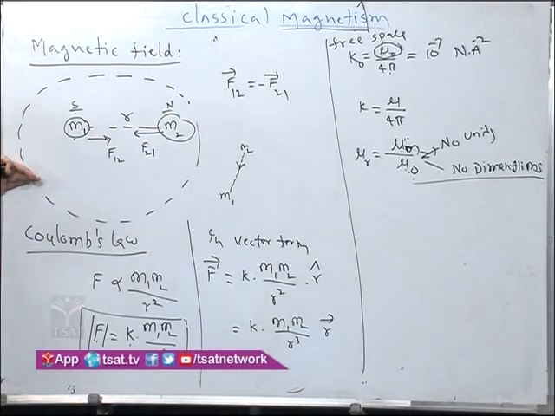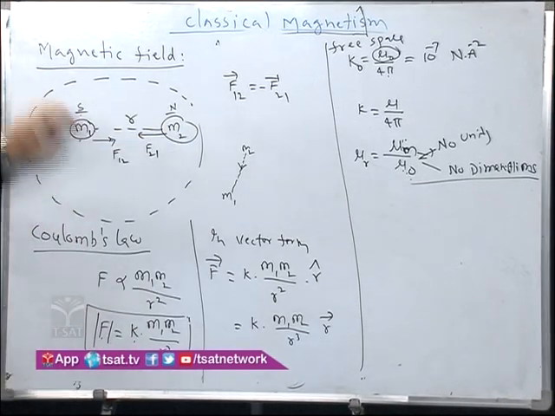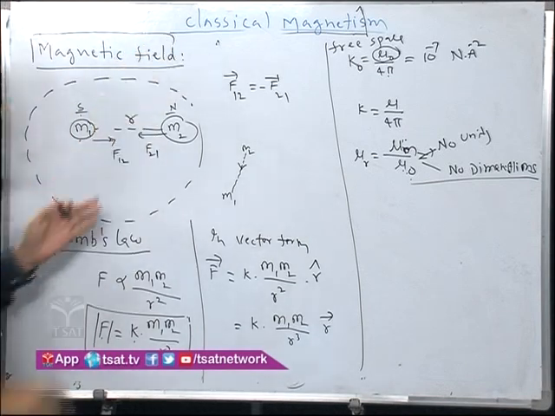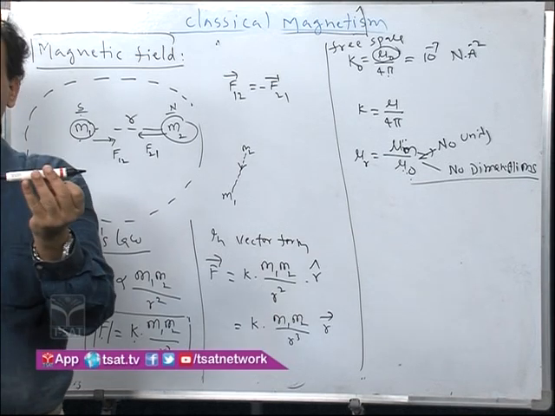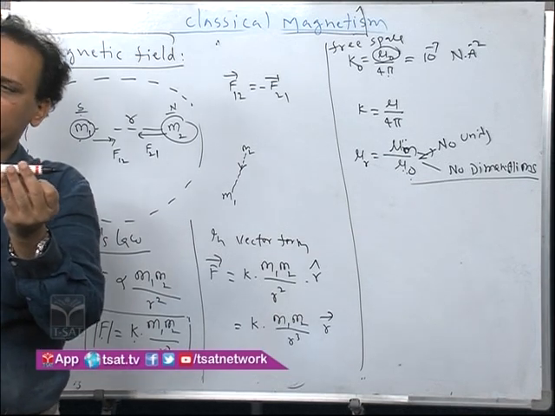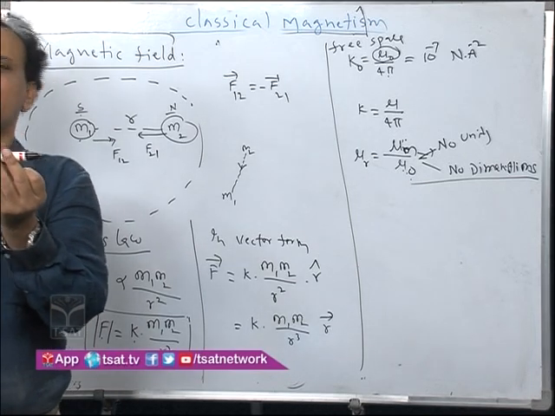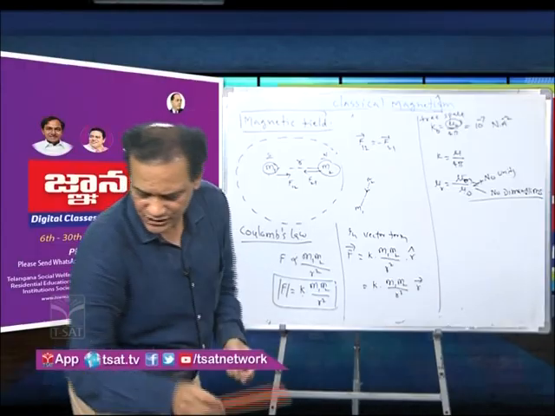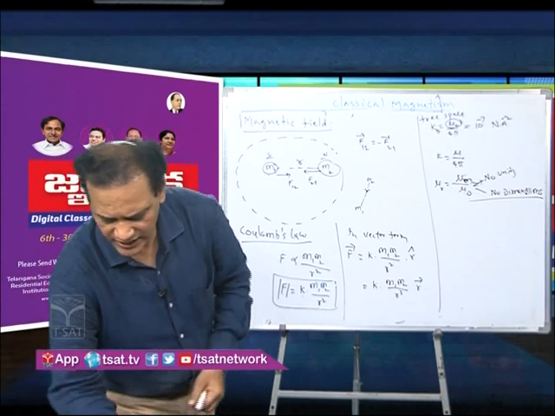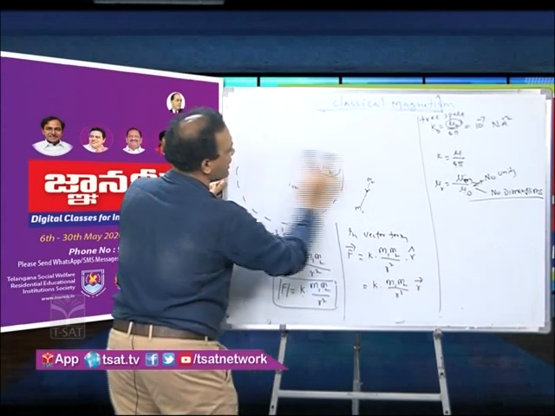Now the magnetic field, from this point of Coulomb's law: the force experienced between two magnetic poles. From this, a concept developed, the field. Take a bar magnet; the field influences the surrounding region and attracts. How much it attracts: if nearer, maximum attractive force; far from the bar magnet, minimum attraction. So the physical quantity that represents the field strength is called the magnetic field, or magnetic induction. And what is magnetic induction?